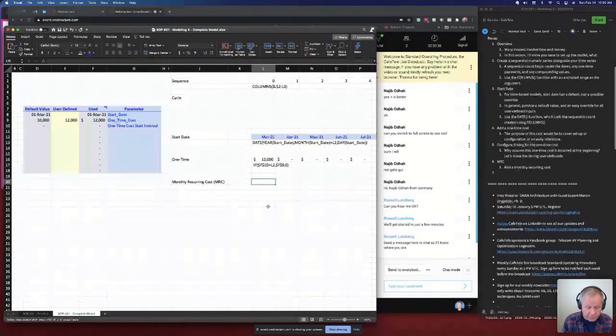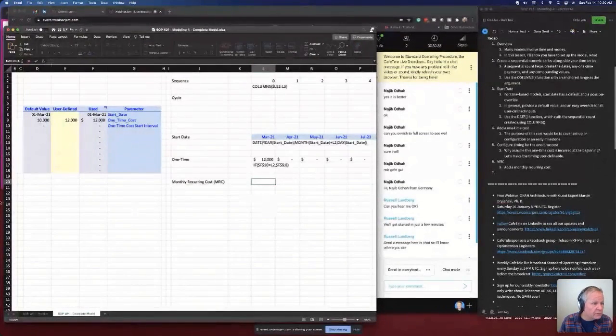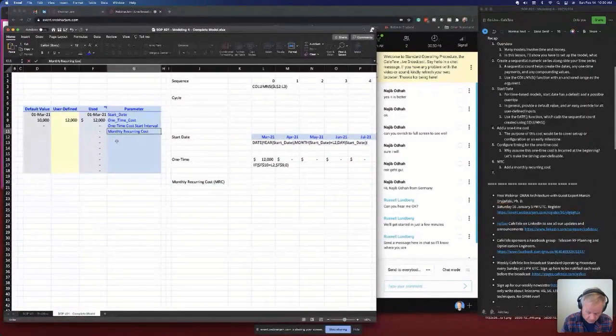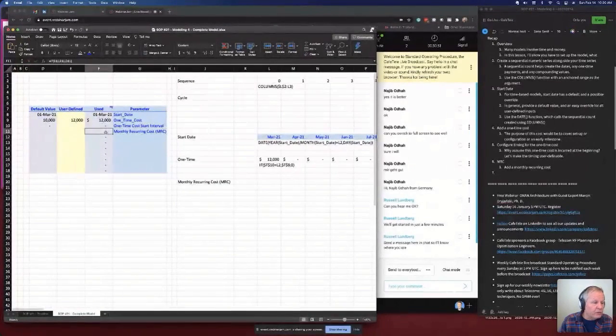And that's just basically our monthly recurring cost. And that's pretty easy to do. And the value here, let's say, is 2,500. And I can overwrite that